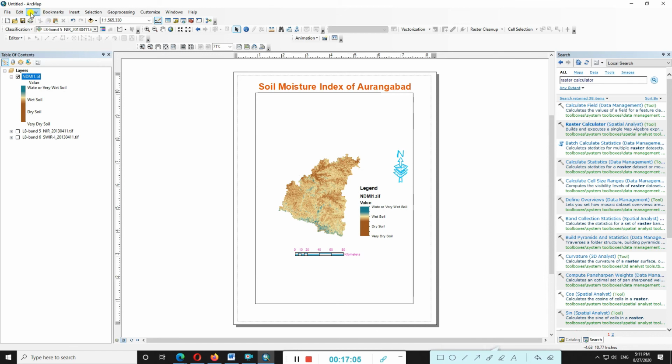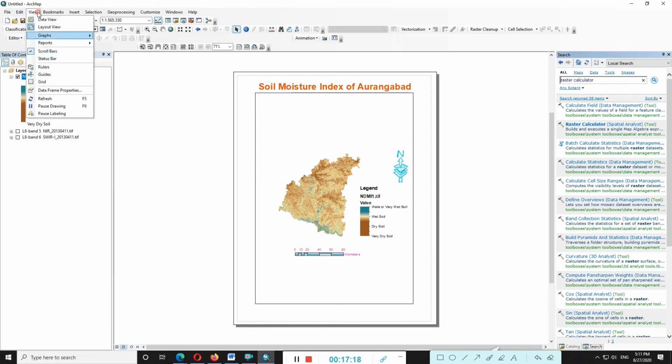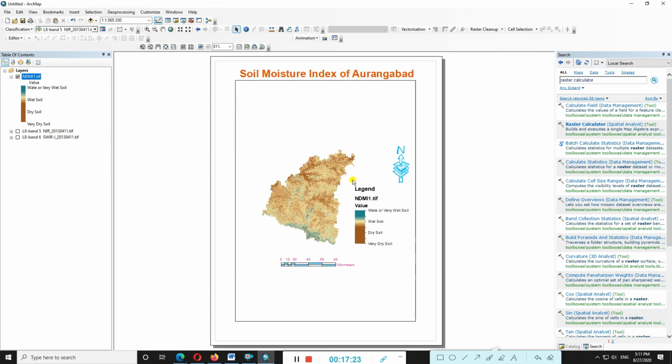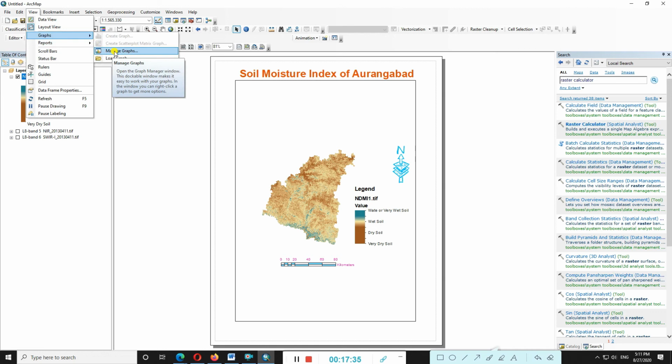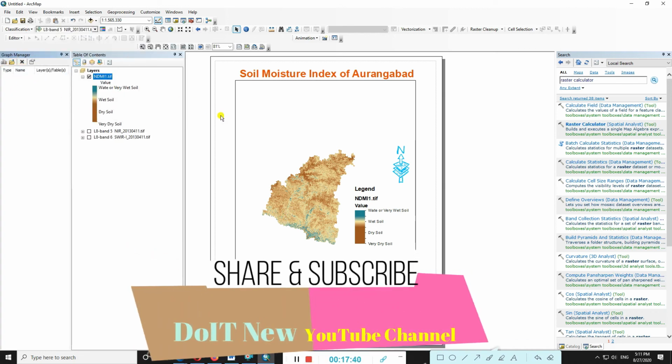You can look here, in between grid, choose your choice. In between there are also graphs, managing graphs. Here you import the graphs and add them here.